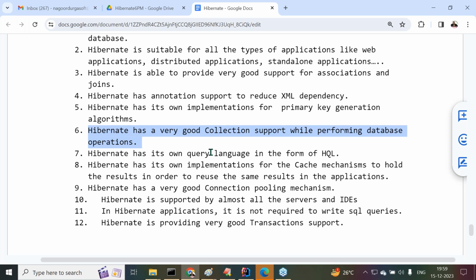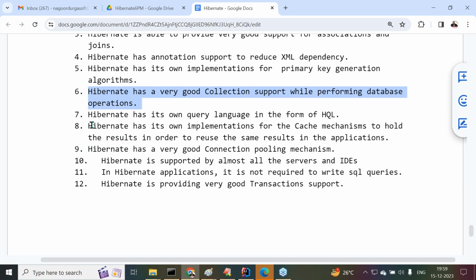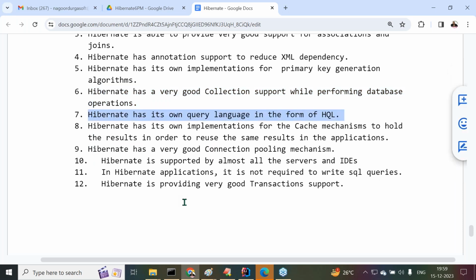Right, sir. This is one thing. Next one is